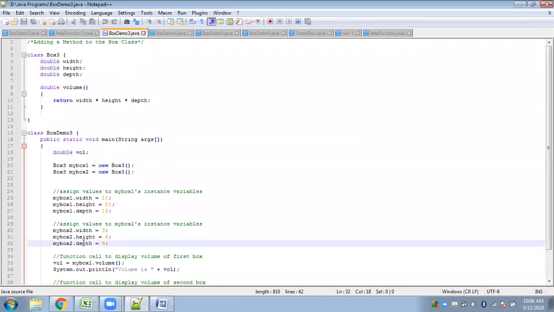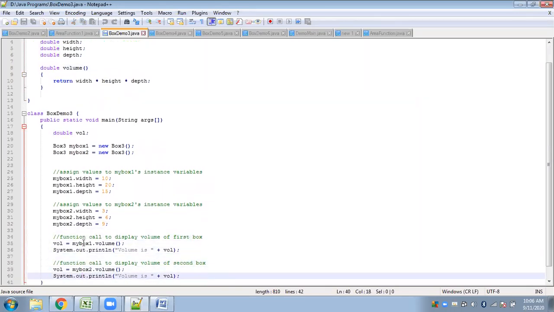Now that value needs to be stored somewhere. That value will be passed back to the main function, but the main function should store the result somewhere. In case you want to store the result in some variable, that variable must also be of the same type as the return type. So these are the two things that you must remember when using functions that return values.